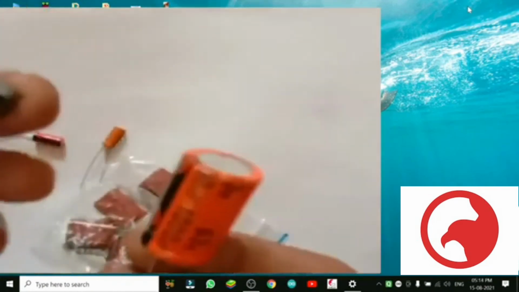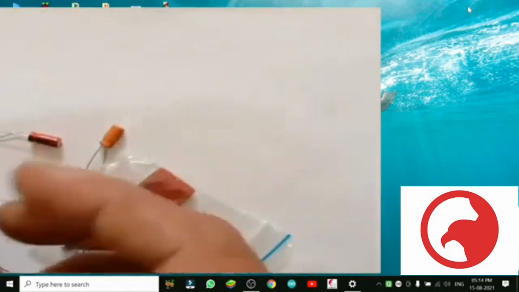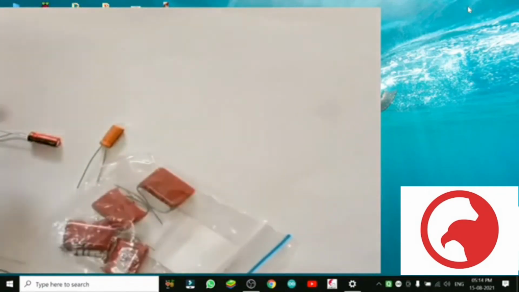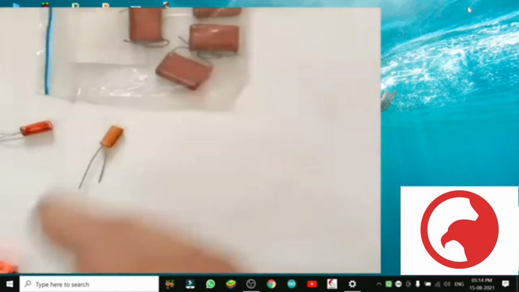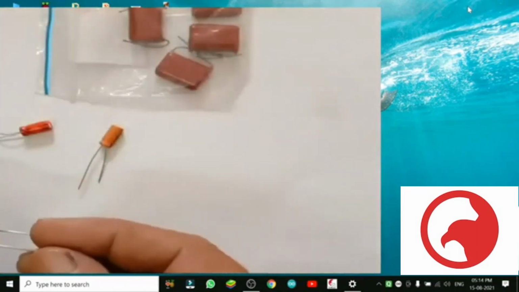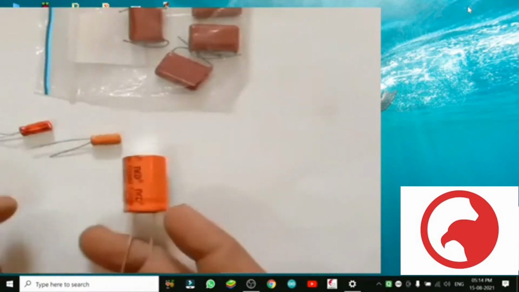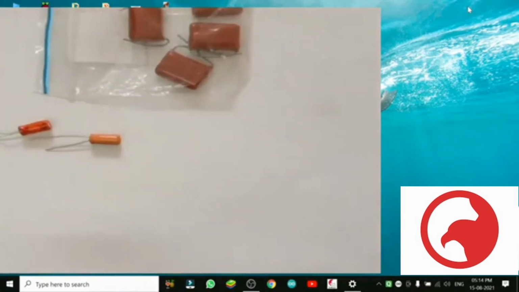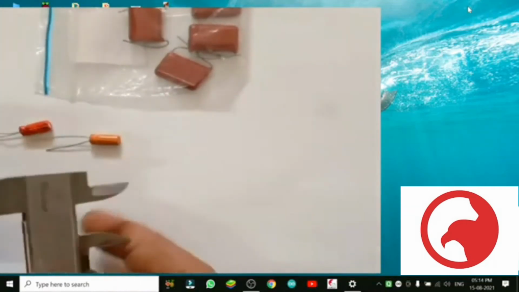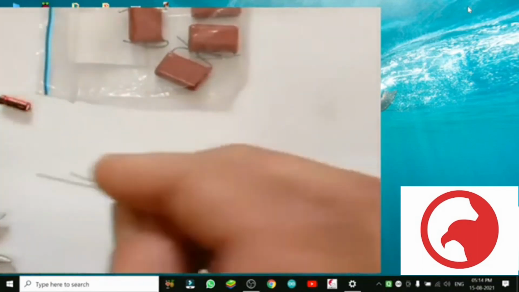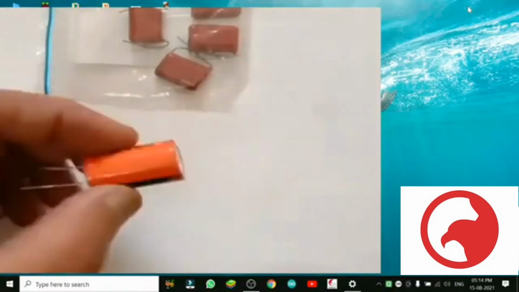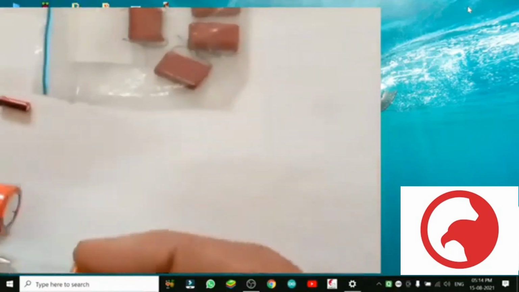This is the capacitor. I am using 1000 microfarad. So what will be the size, the dia of that capacitor? I have a vernier caliper to confirm it. Of course, the sizes are available on a Google search if you try to find them, but different companies have a little bit of difference in dias. So just to know the approximate dia, so that in selecting the diode or the capacitor, we can confirm its size.